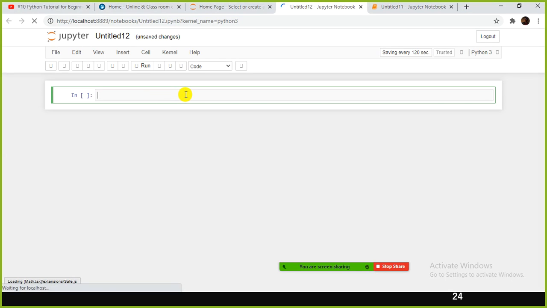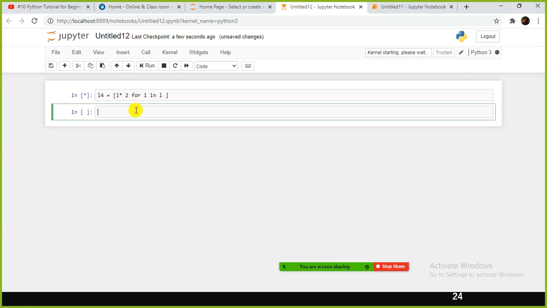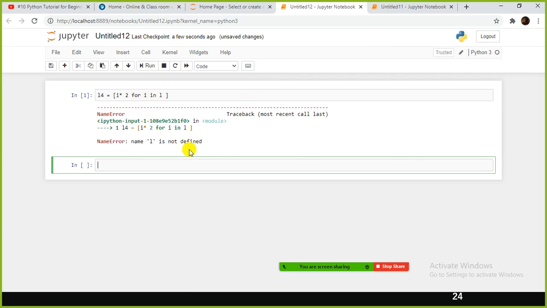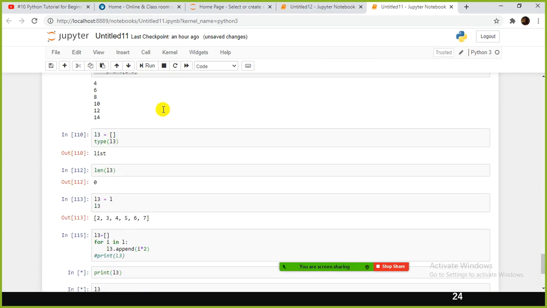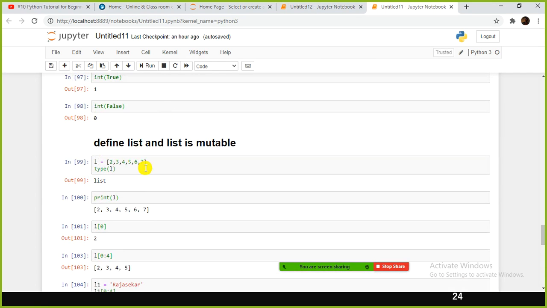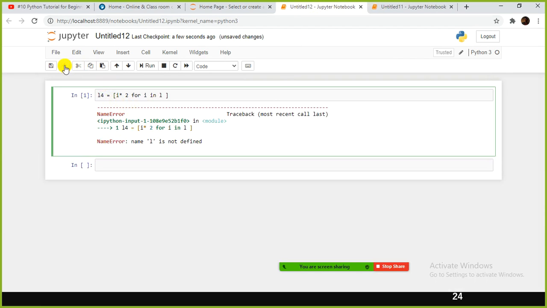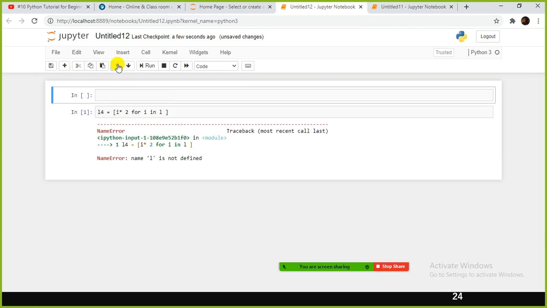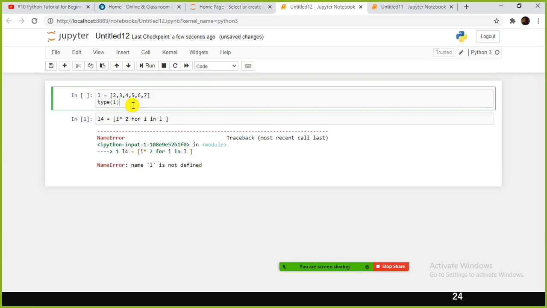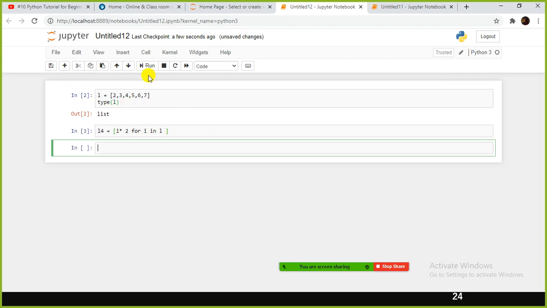Let me do one thing. Also we'll see how to perform CRUD operations. L is not defined. Oh yeah, here you can move this with the up arrow. So I moved this list here, and here I'm going to do this one. So done, we are done with this L4.